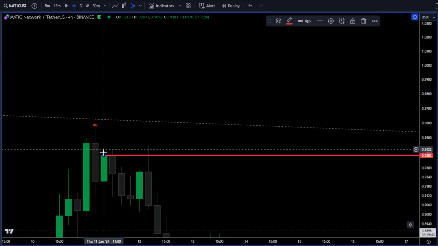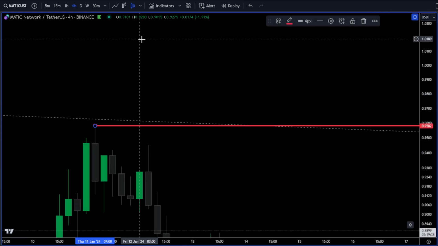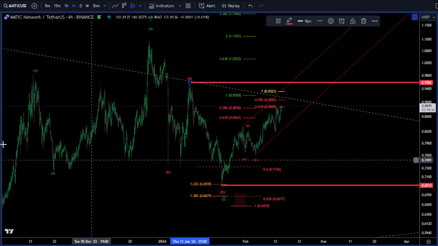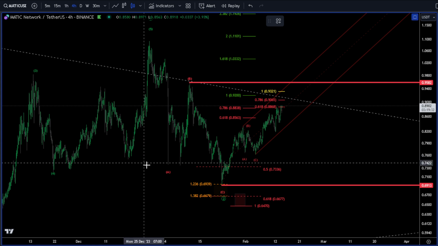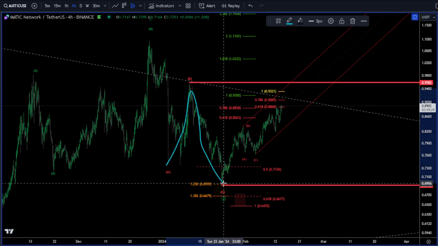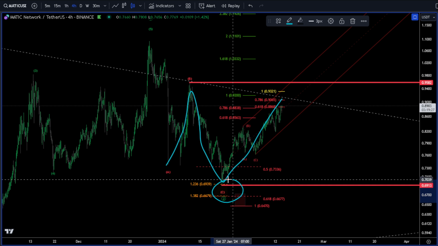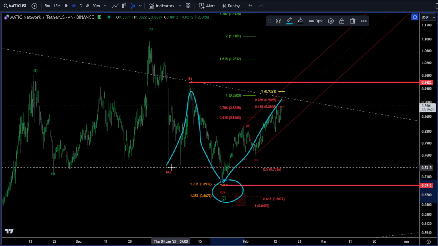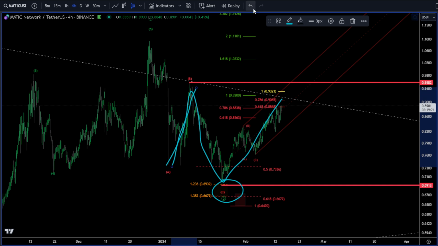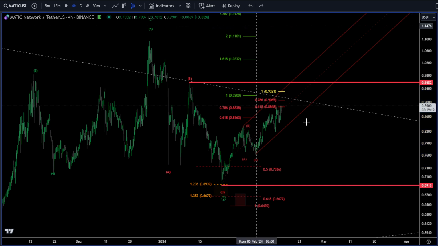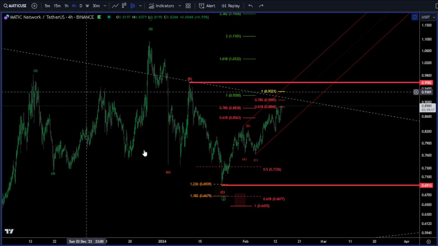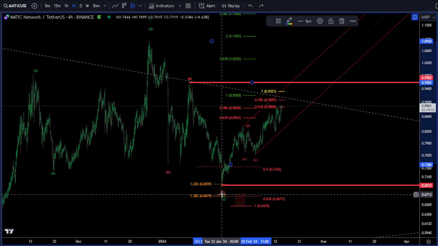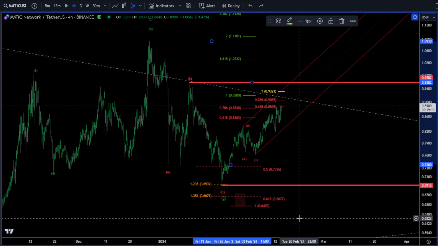according to Binance, 95.82. So if this does fail, we'd expect it to hold that level as a running flat. Reason being, you can see we became between the 1.236 to 1.382 extension of this A wave. So that is valid. And reason we're considering that option is we didn't come to the 1-to-1 extension of this A wave for our C, which was at 64.7 cents.